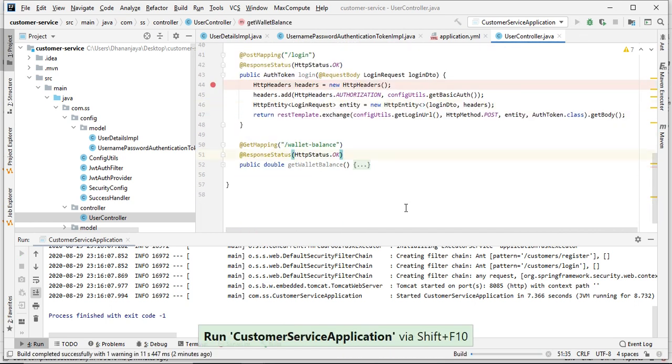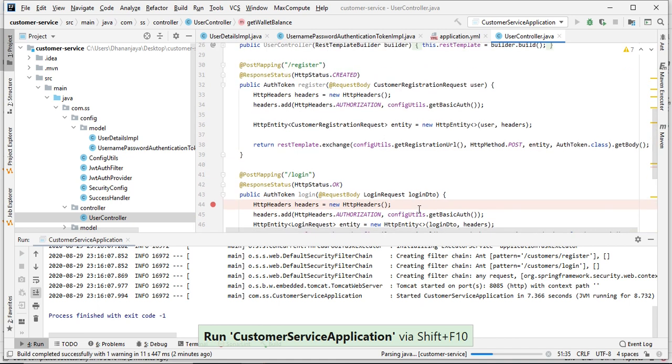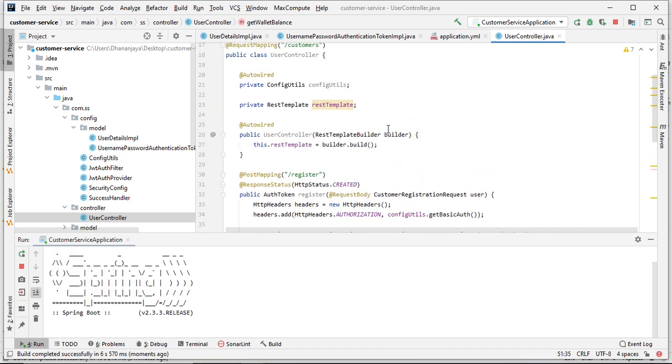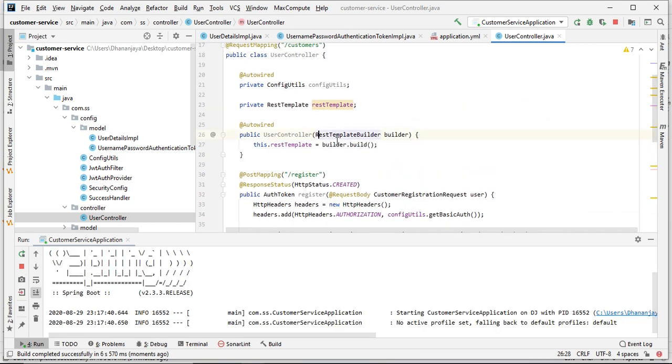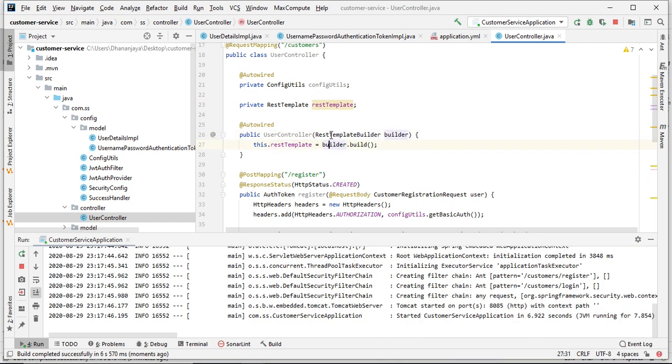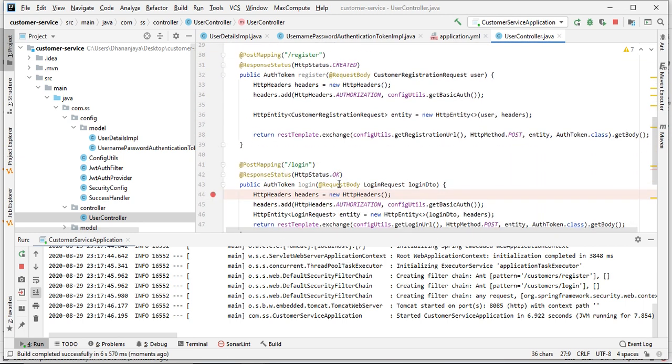Let me run the application. So here I have injected the REST template builder. I'm creating the REST template using the REST template builder. We can use new REST template also, but I have done this one. It's fine, you can use whichever.